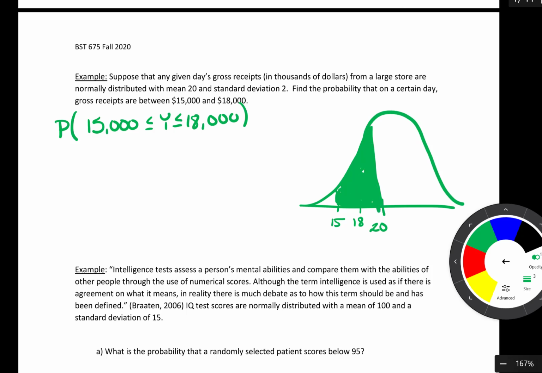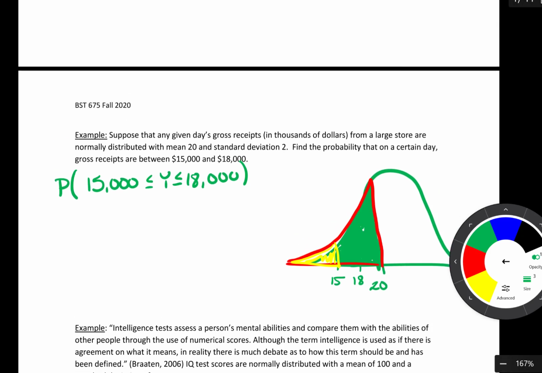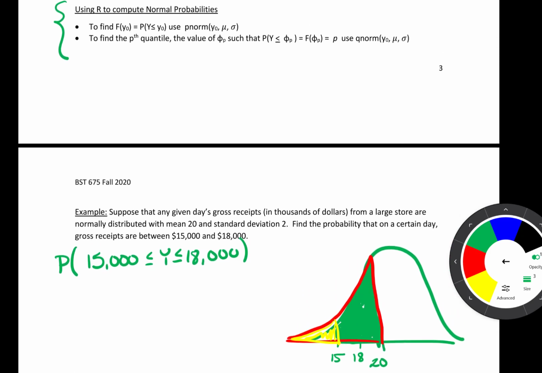So in order to find this area, I can use R to help me out, and I'm actually going to use two pieces of code. Notice that if I look at the area to the left of 20, and I subtract off the area to the left of 15, I will be left with the green area, which is what I am interested in. So looking up here at the top at our R code, notice that the p-norm function can help me out. So in R, if I use p-norm,